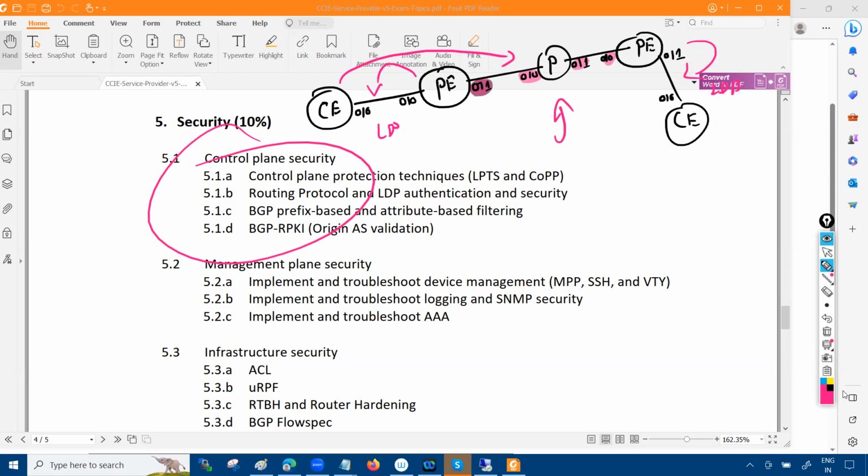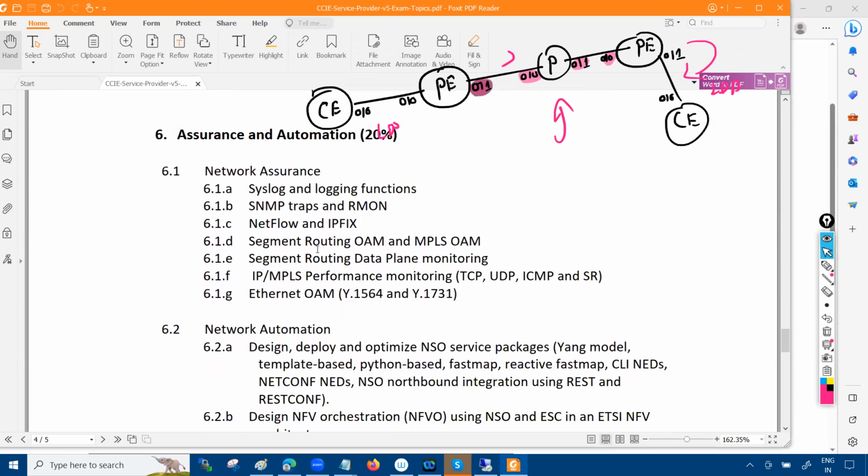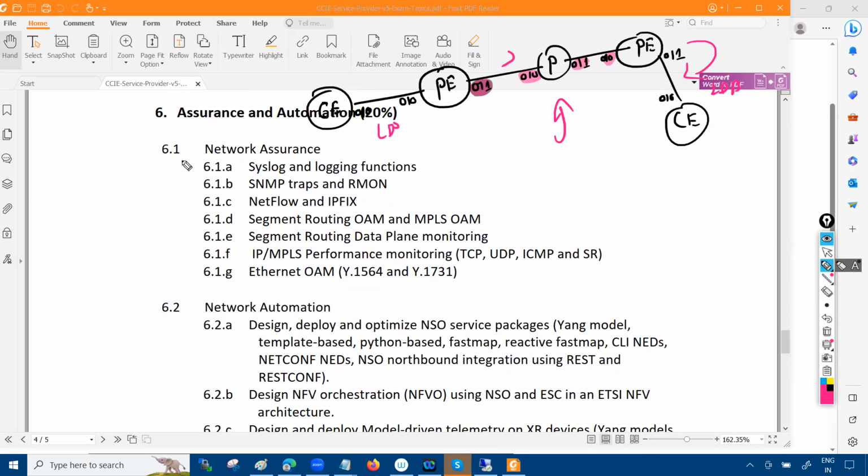There is a mini security part that we are going to learn through this training. These are the basics. Whatever control plane security is given, we will discuss in the security part. And then last, we have automation. Mostly all of this we are going to do on the IOS XR part,